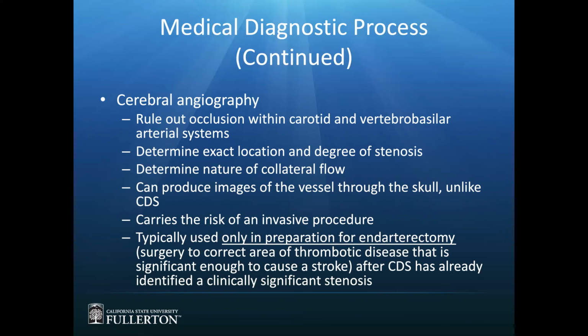So this test is an X-ray test, and what they do is inject through the femoral artery down here. Well, they don't inject. They put a catheter up, snake it up from the groin all the way up to the arch of the aorta, and then using what we do our swallowing tests with, fluoroscopy, they can see that little catheter, and they'll snake it around and get it up into the left common carotid. They can do the left vertebral, the right common. They can look at them all